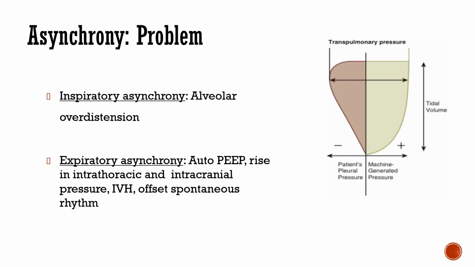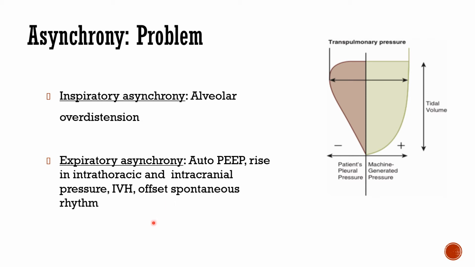Asynchrony, the problem. We must understand that the total tidal volume expanding the lung is contributed both by the machine-generated positive pressure as well as patient-generated negative intrapleural pressure, which leads to the total transpulmonary pressure. Inspiratory asynchrony occurs when the machine delivers a peak inflation pressure at a time not coincident with the initiation of the patient's own inspiratory effort, which can lead to an increase in transpulmonary pressure, increased tidal volume delivered, and alveolar